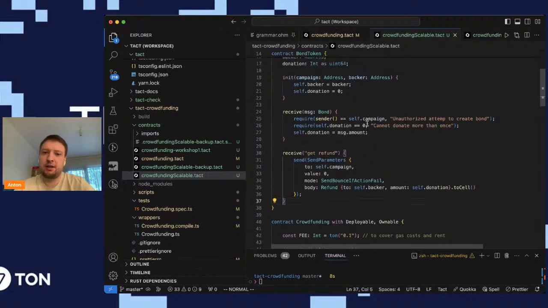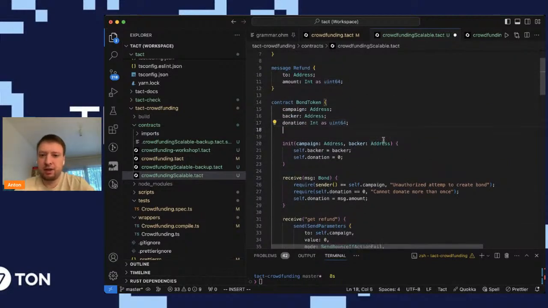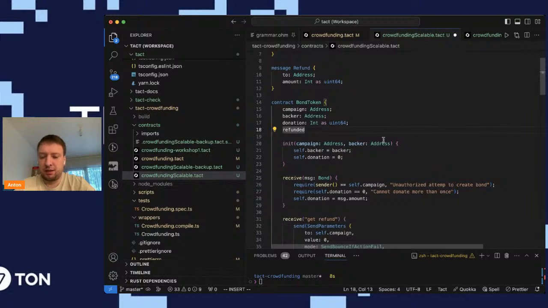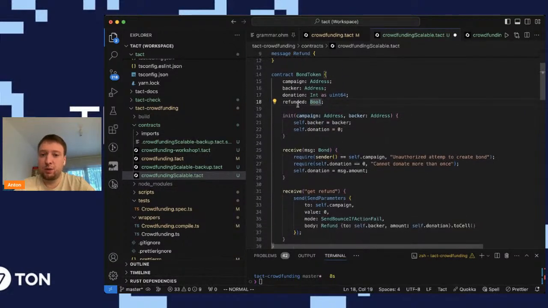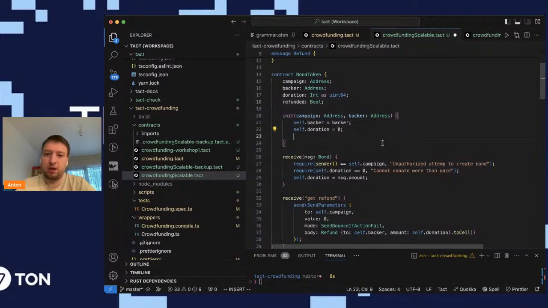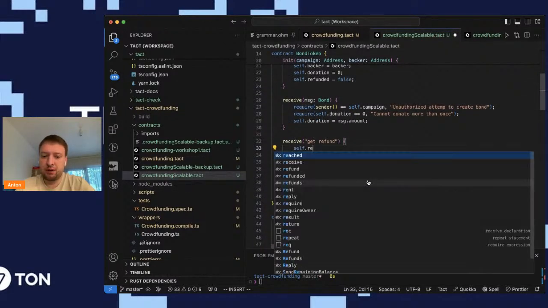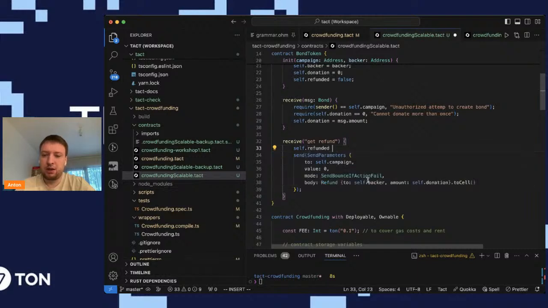And so in this case, I guess there can be different approaches to this, but let me add a new piece of state, which we will keep. So is it refunded or not? And here it is not refunded initially, right? And here we will be saying self.refunded equals true,